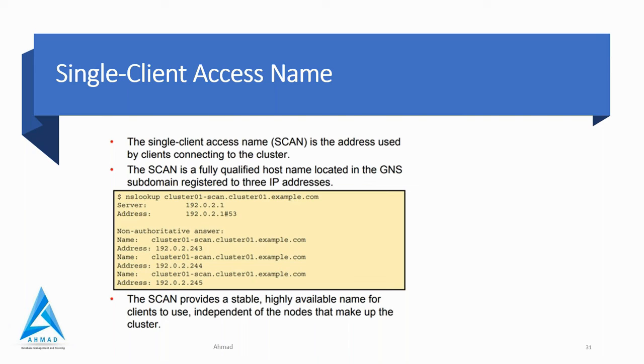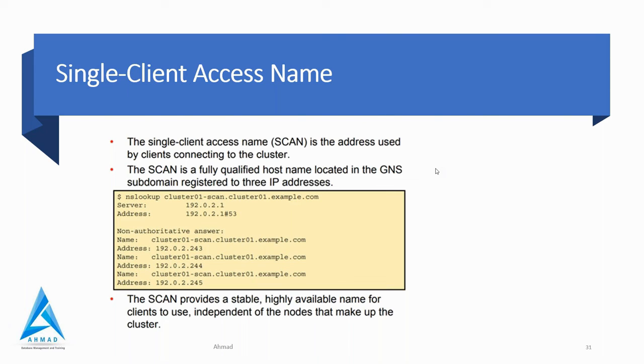Clear? And every SCAN IP has a SCAN listener, and a SCAN listener can run on any node in the cluster, and SCAN provides location independence for the databases, so that client configuration does not have to depend on which node runs a particular database. So as I said, it registers with the SCAN listener only as a remote listener. That is another interview question. And an upgraded database registers with the SCAN listener as a remote listener, and also continues to register with all other listeners.